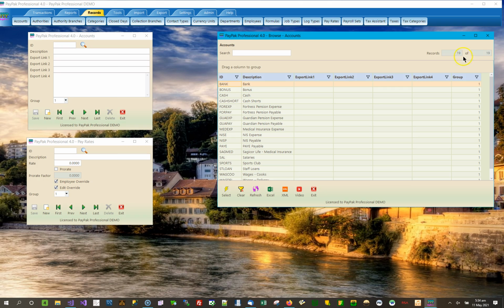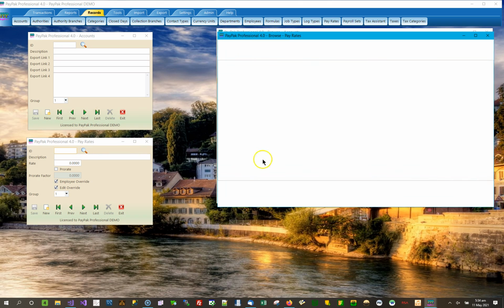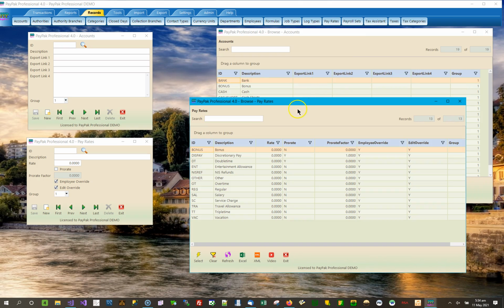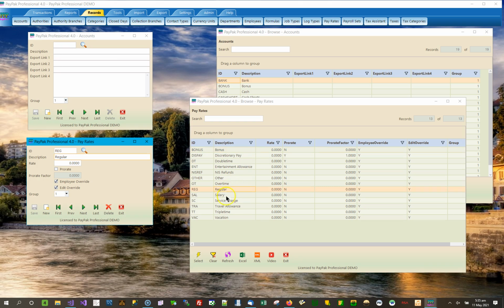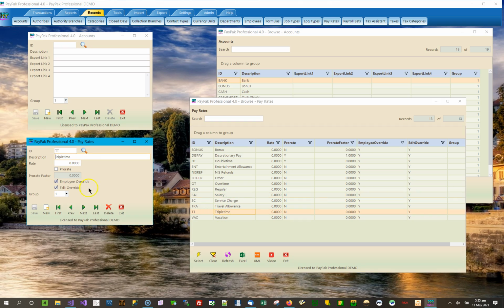These are my records there, 19 accounts, and I can browse the pay rates. Move this down a bit, and we've got 13 pay rates. I can select regular, salary, triple time. I can edit my record and make my changes if I need to. I would save the record, and then I would come back to whichever record I next need to